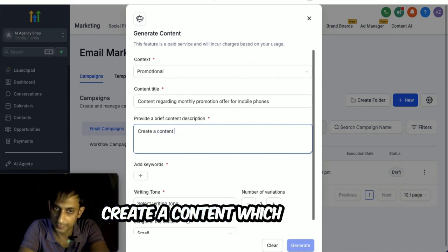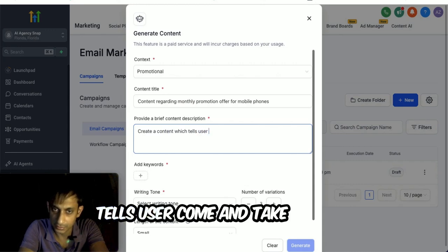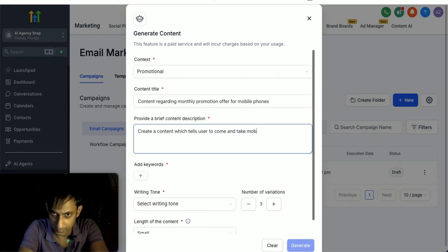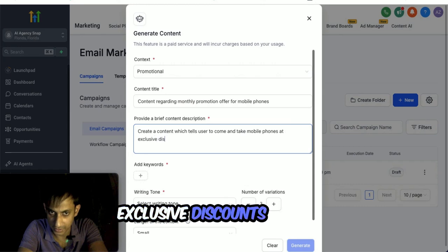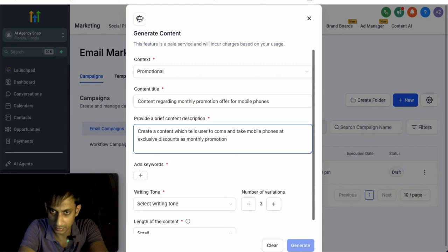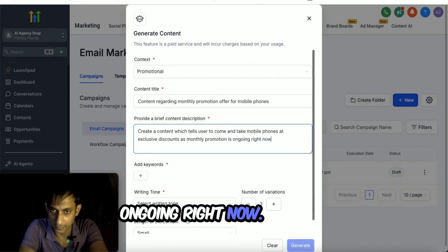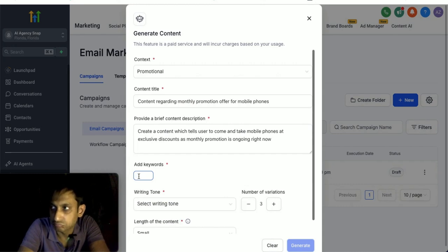create a content which tells user come and take mobile phones at exclusive discounts as monthly promotion is ongoing right now, right? And then I can just give a keyword, maybe let's say iPhones,